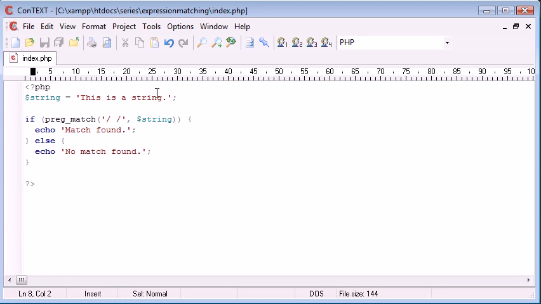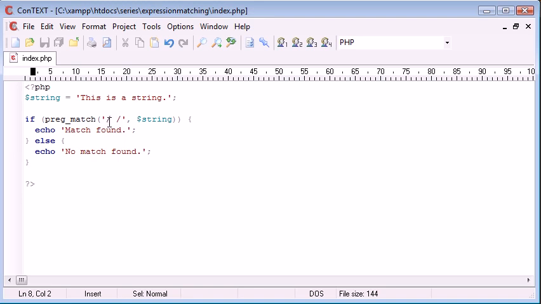And we're basically using pattern matching to ensure that it adheres to a certain standard. So we can use preg_match for this. It's a very, very powerful function. And like I said, I'm not going to go through how we're going to check for patterns. If you go over to the PHP.NET manual, you'll find plenty of information on how to match specific things, whether